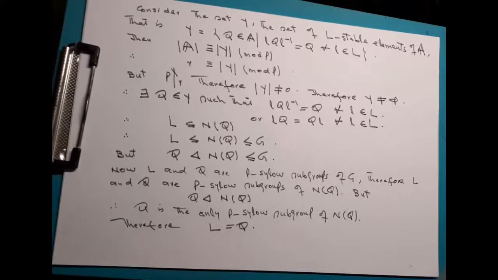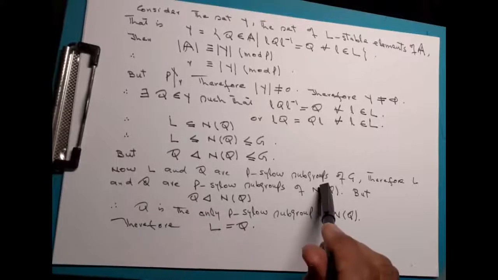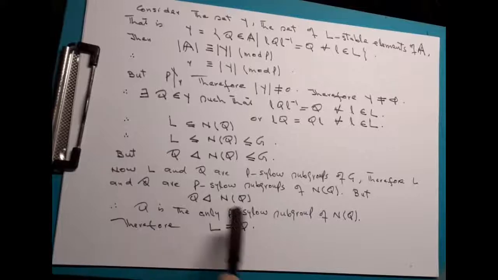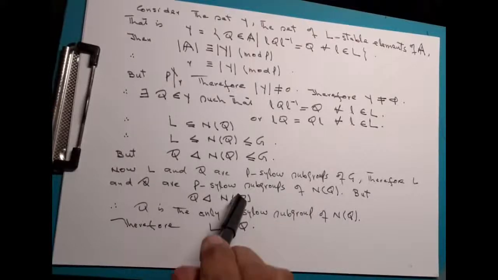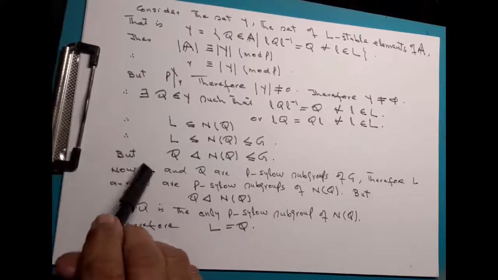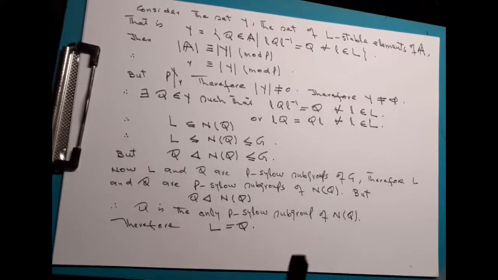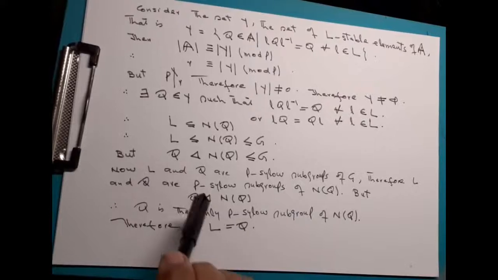Let me repeat it. Q is a p-Sylow subgroup of NQ and is a normal subgroup of NQ. Therefore, Q is the only p-Sylow subgroup of NQ. L is also a p-Sylow subgroup of NQ. Since NQ has only one p-Sylow subgroup, L and Q are going to be equal. And therefore,